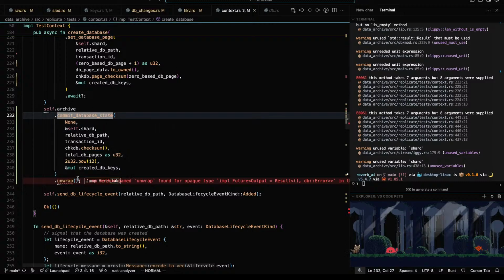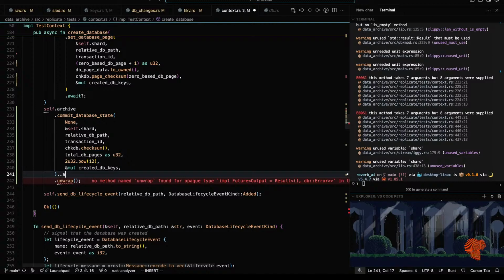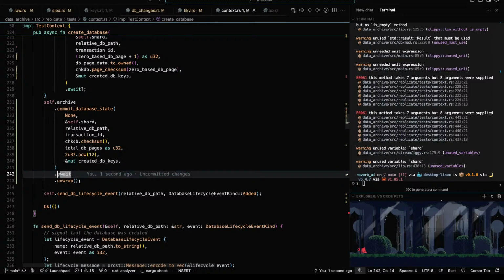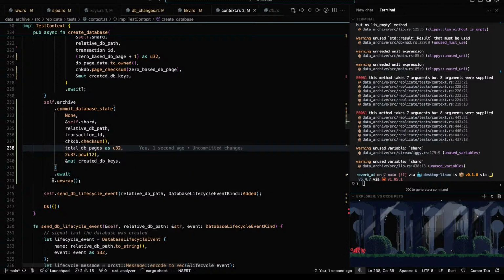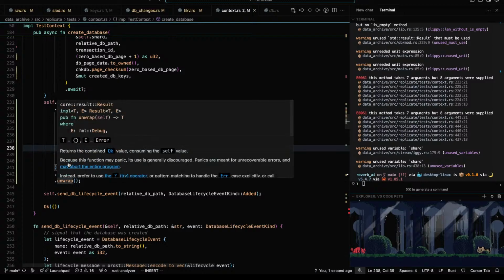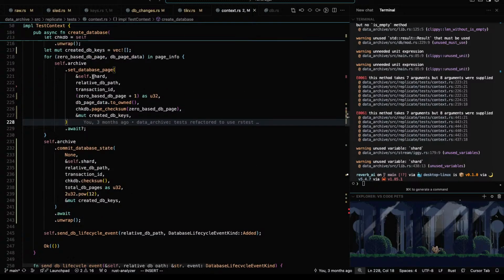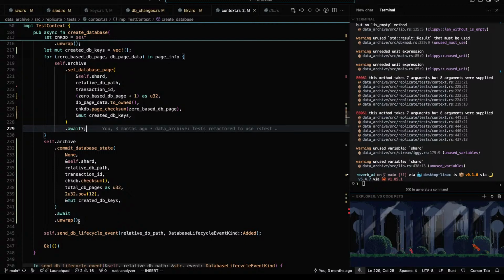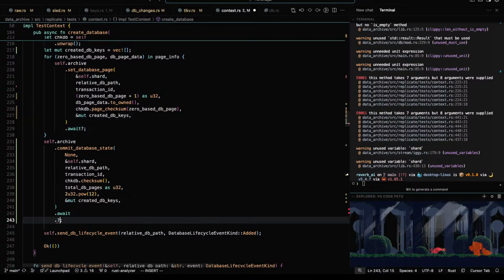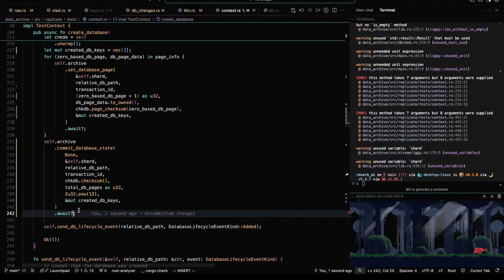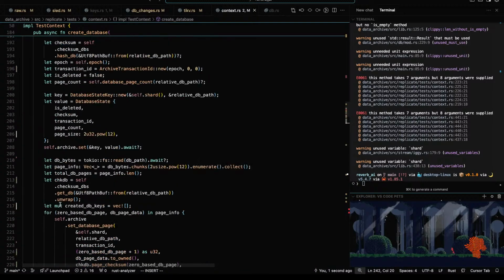Commit that. We need to wait on this. And so commit all those pages. Wait. In this case, also, let's, when in Rome, throwing the error out.